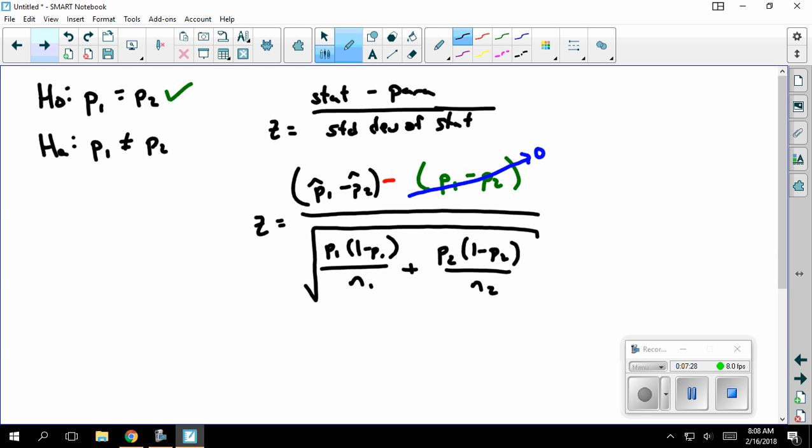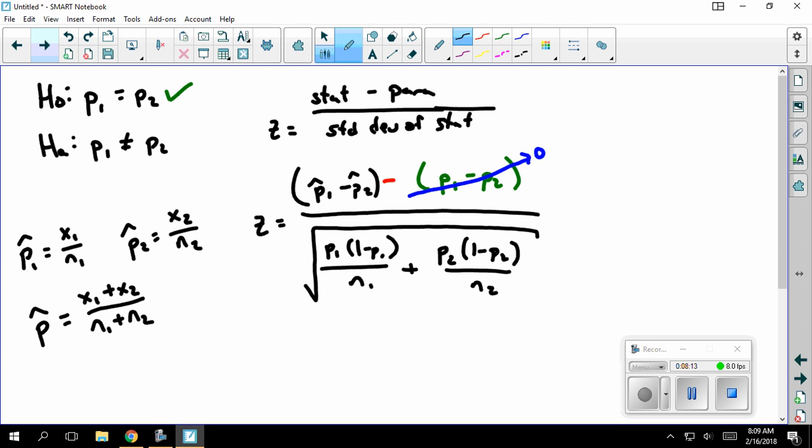So in other words, if p1 is x1 over n1, in other words, among the population number 1, it's the number of successes in group 1 over the sample size in group 1. And p2 is the same way here, and hats on there if they're samples. If it's populations, it's not got a hat. Then I can end up with what's called the pooled p-hat, where I combine these groups together and I get x1 plus x2 over n1 plus n2. And for my sample, this would be